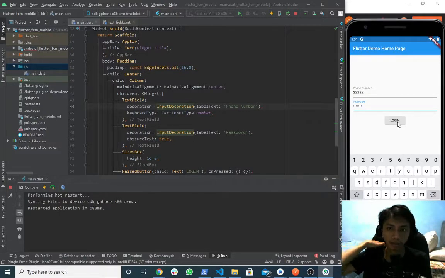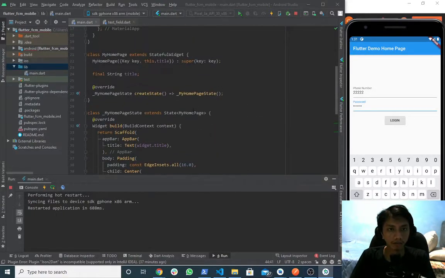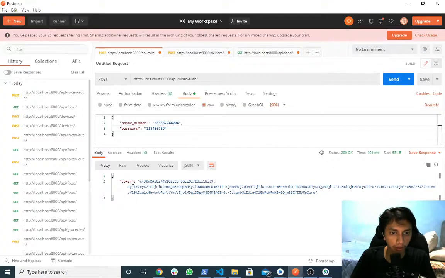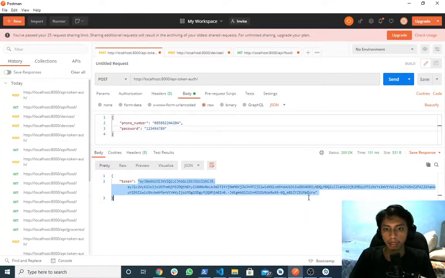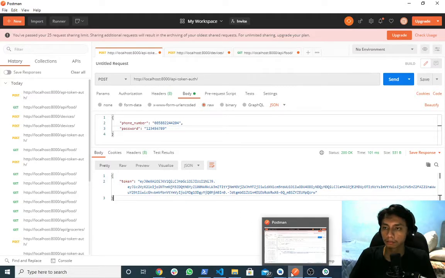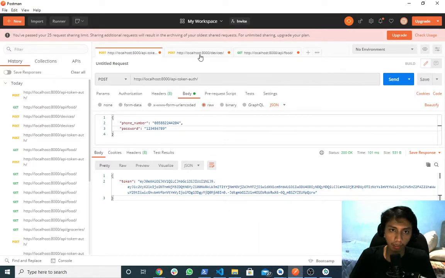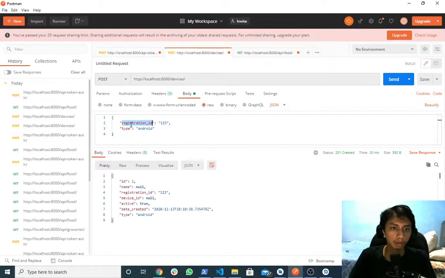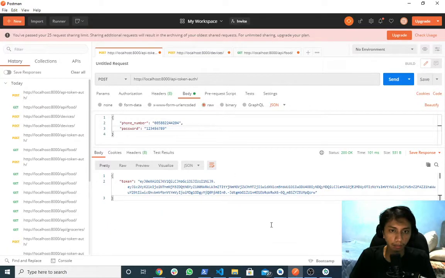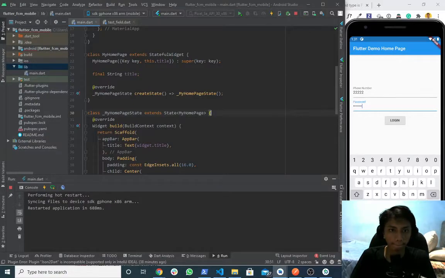And then once we click this login, we will basically be logged onto the system, and then we will receive the token, which is this JWT token, right? And then after that we will send or register our device to the backend system. Okay, first I think we should